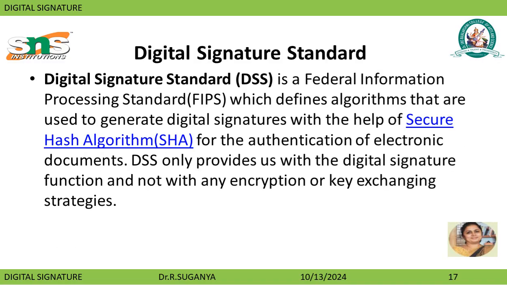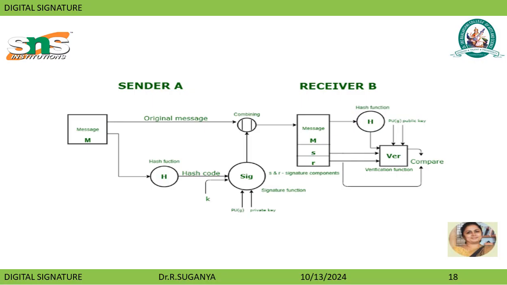Digital Signature Standard. It is one of the Federal Information Processing Standards, that is FIPS, which defines some algorithms that are used to generate digital signatures with the help of the secure hash algorithm for authentication of electronic documents. So here we have a diagram where